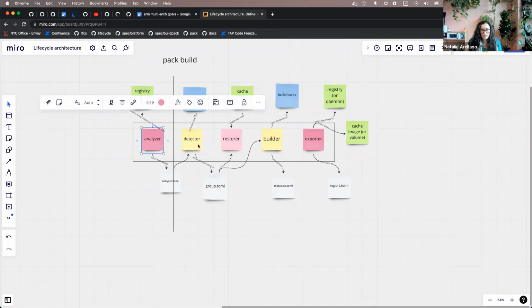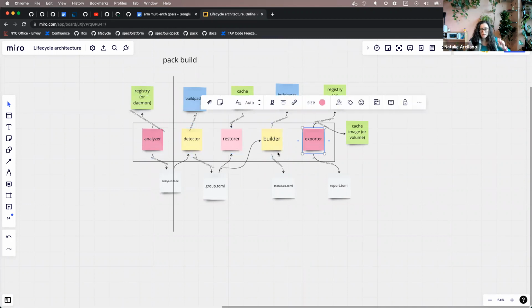In this diagram, these squares are running containers that are booted from the builder image, and Pack is using its Docker daemon, or the thing that it has access to that satisfies the daemon interface, which could be Podman or whatever, to create these containers.